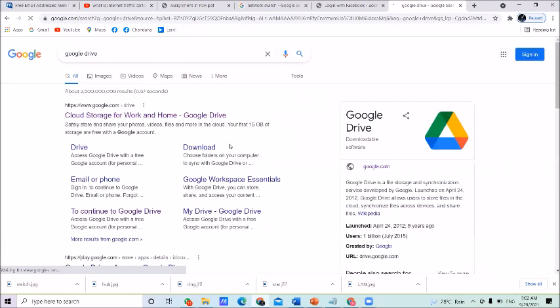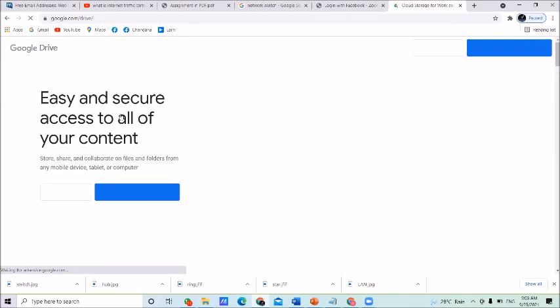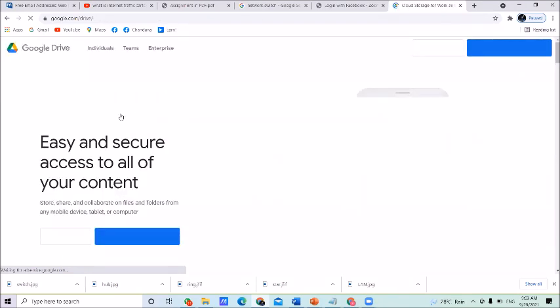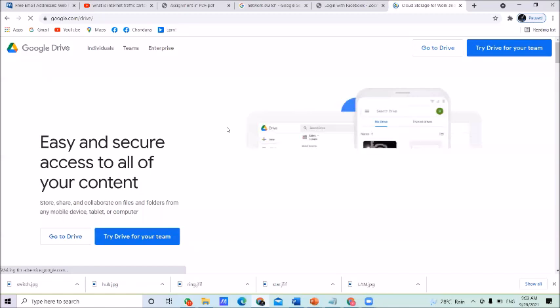Right. Once you click the search button, you will see a set of links here. Click on the very first one, cloud storage for home and work. You want to click on here. Right.